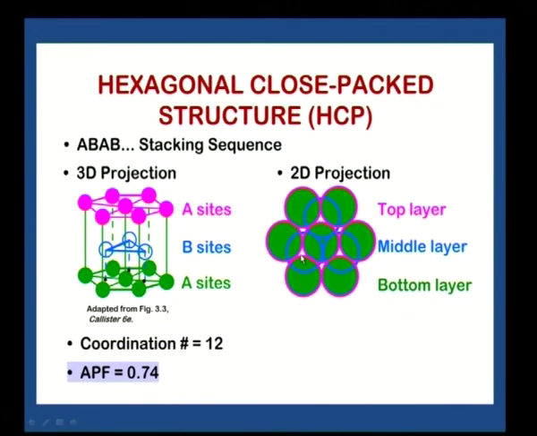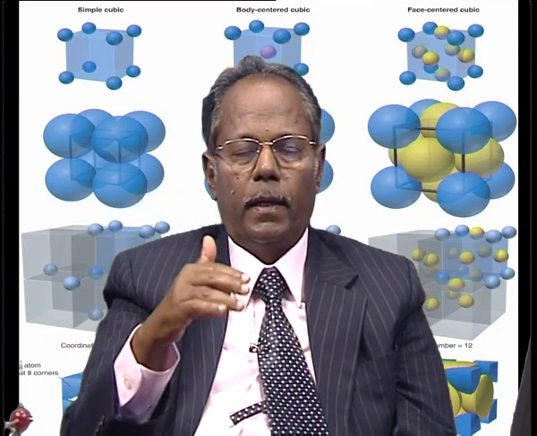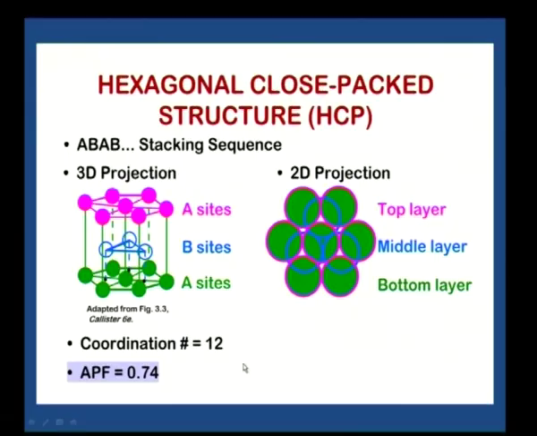And then for the second arrangement, as I told you earlier, the middle layer will be here, then there will be a ball which can be kept above this trijunction, that will give rise to the middle plane. So, if this A B A B A B is repeated, then that will give you the hexagonal close packed